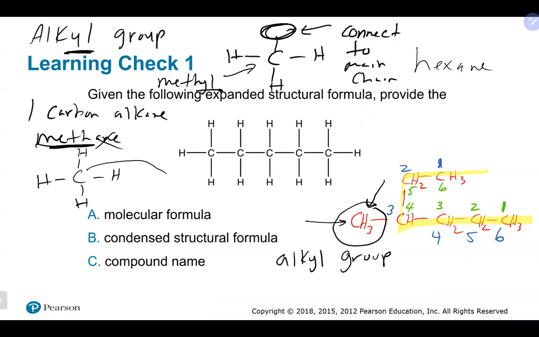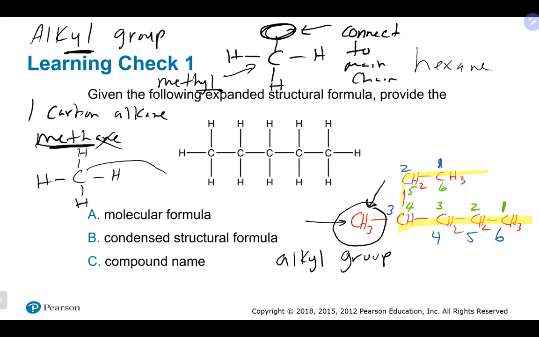Is there a difference now where that group is attached? There is. Going the blue direction, it's attached at which carbon? 3. Going the green direction, it's attached at carbon number 4. It is as simple as 3 is less than 4. So we would want to go in this case